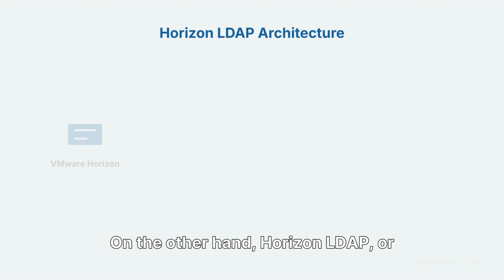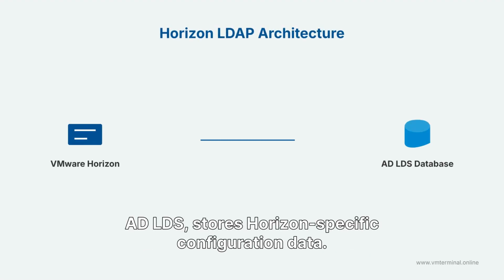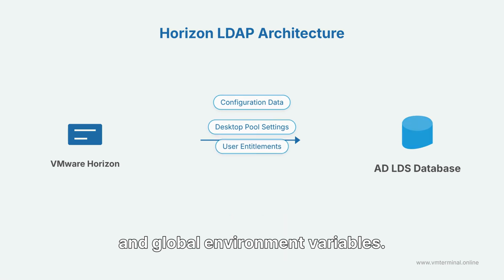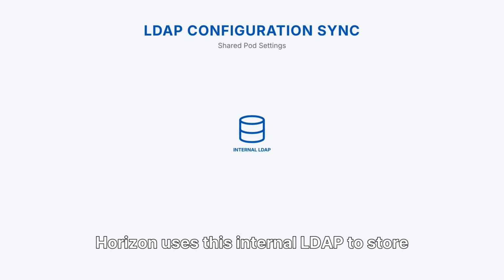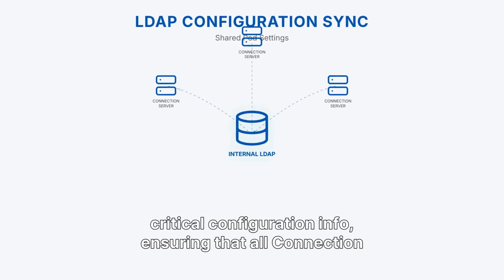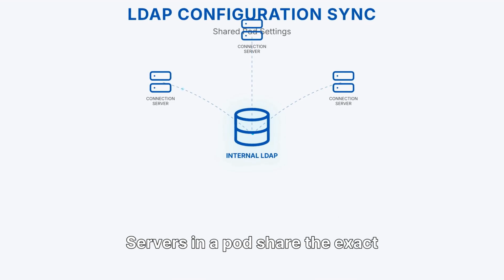On the other hand, Horizon LDAP or ADLDS stores Horizon-specific configuration data. This includes desktop pool settings, user entitlements, and global environment variables. Horizon uses this internal LDAP to store critical configuration info, ensuring that all connection servers in a pod share the